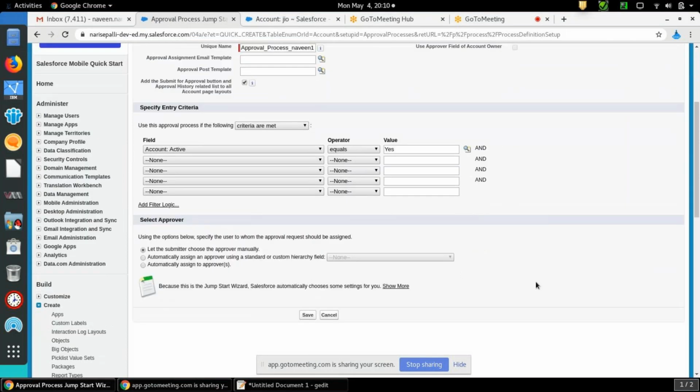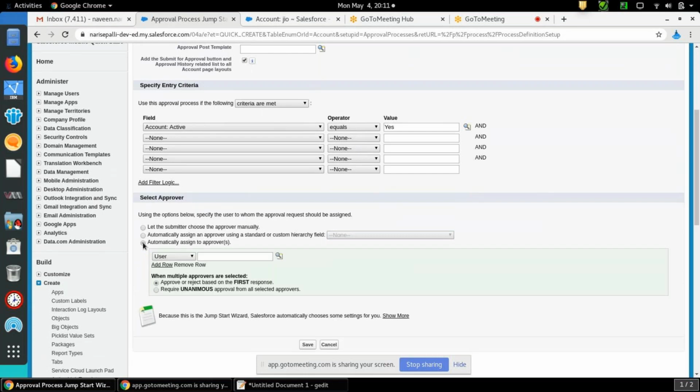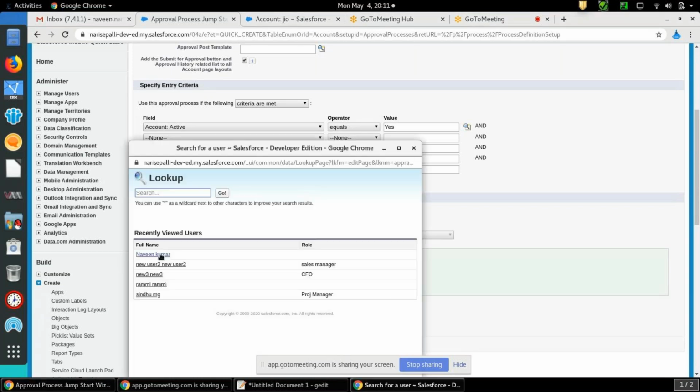So here for approvers we can select: let the submitter choose the approver manually, or automatically you can assign to the manager or whoever it is. In case of role hierarchy, you can assign to higher authorities. And in this example, I am saying automatically assign to approver, so I can choose the approver. So I am choosing my name so that I can approve it.